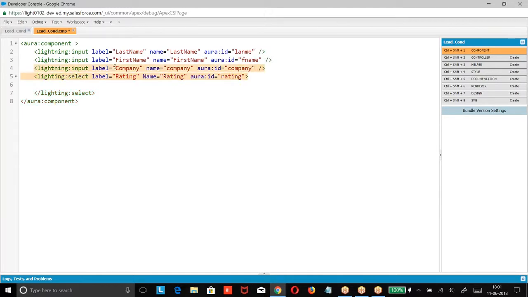But rating is a pick list field. Last name, first name, company, all of them are input text fields, okay. But rating is what? A pick list field, where we had hot, cold, and all the things. Right now I'm giving an option, option value equal to, option.